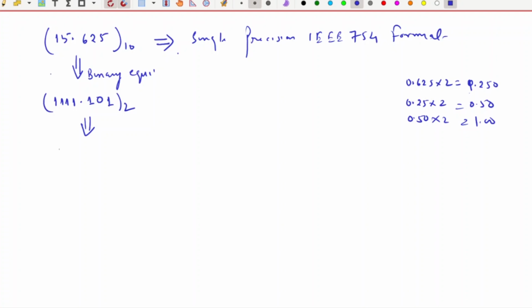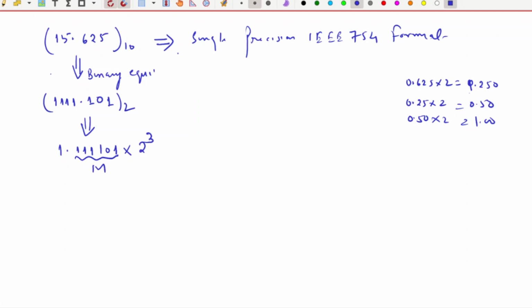So here this is written as 1.111101 multiplied by 2 to the power 3, because we shifted the binary point 3 places to normalize it into an equivalent implicit normalization form. Then what is the value of the exponent? The exponent value is 3. This is known as the mantissa, and this leading 1 is hidden.